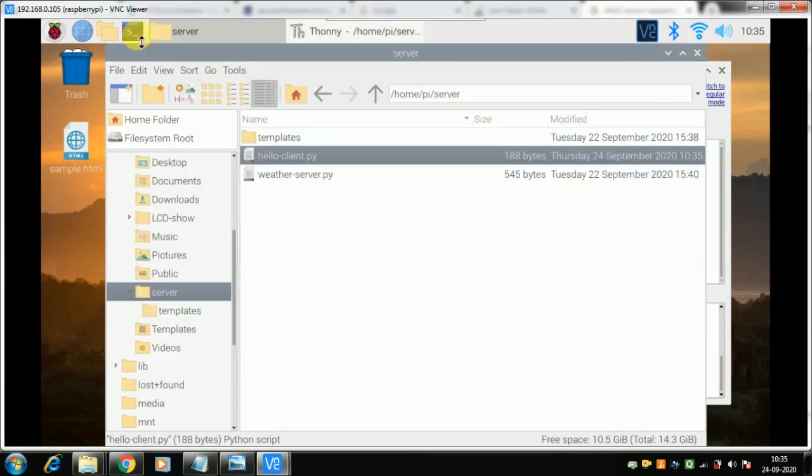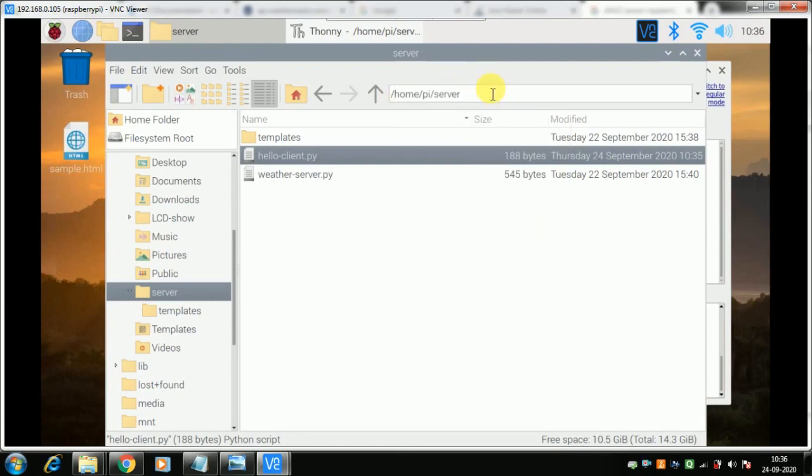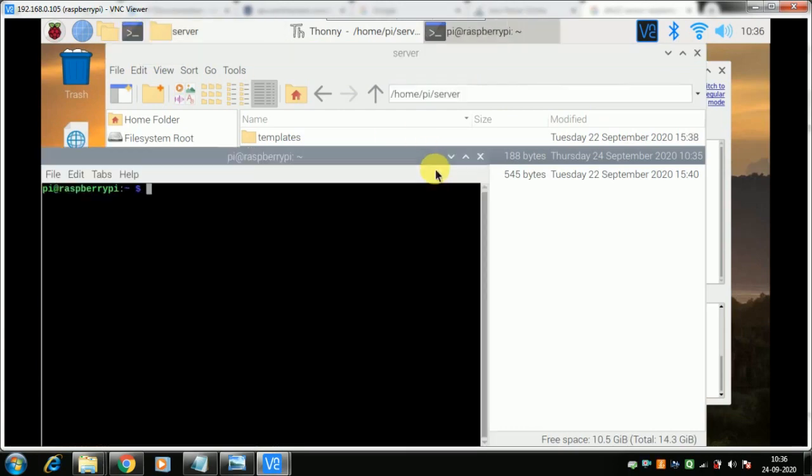So you go to this folder in your command line interface, /home/pi/server. Let me copy it from here. Sorry. So I go to my CLI, and then I want to change directory to this, I paste that path, and I am now in server. Now I can run that.